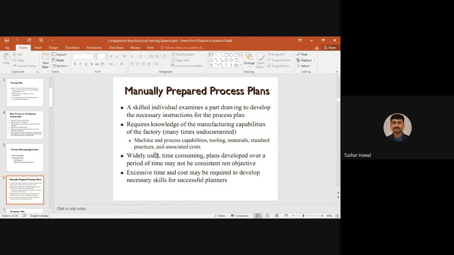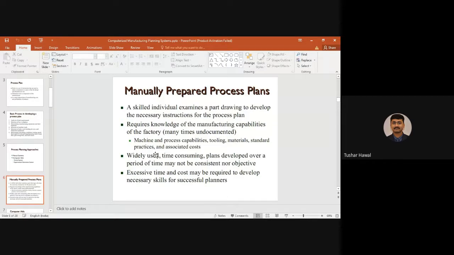but only if it is in a large quantity. When you have a small quantity of products to be made, this manually prepared process plan used to cause a lot of trouble, because if you have to supply that order in that duration, any stoppage of the process in between will create a lot of problems. If the order is not fulfilled, there might be too many problems for that particular industry.